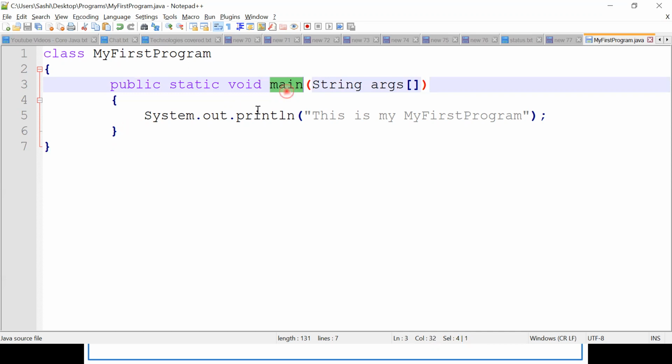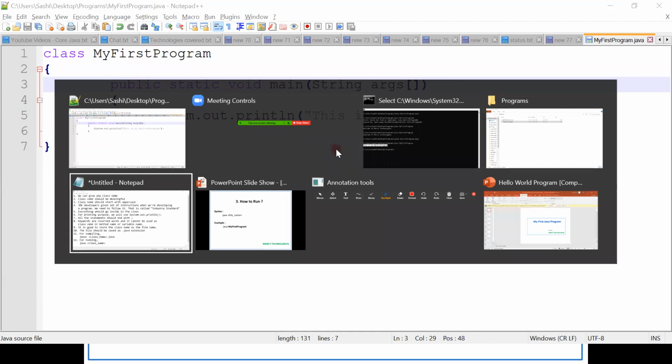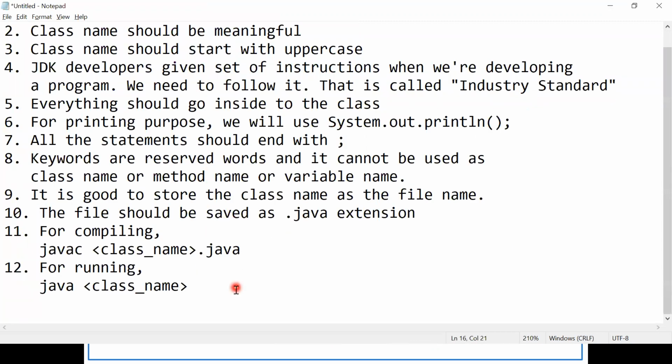The method name is main, right? What is this method doing? This method is just printing some statement, right? Main method. Then you'll be asking, sir, why is M small? Yes, method name should start with a small letter, right? I will give you these theory points after the session. Just remind me, method name should start with